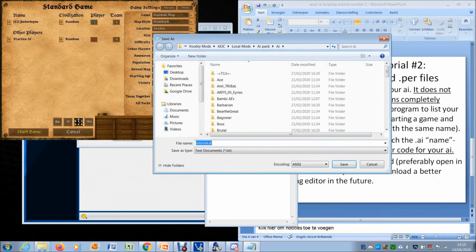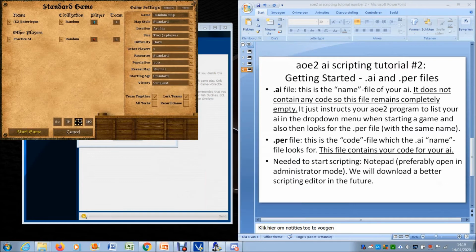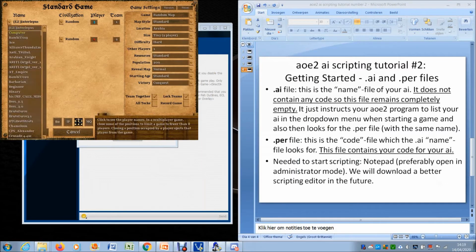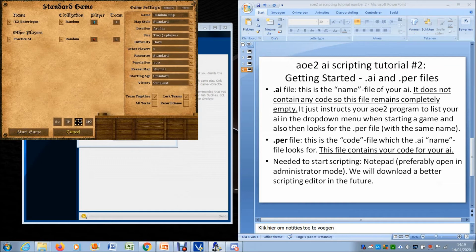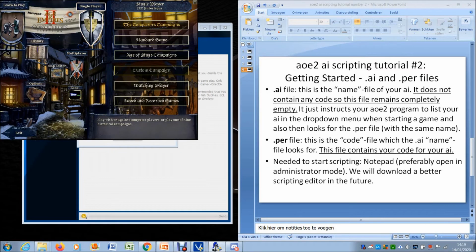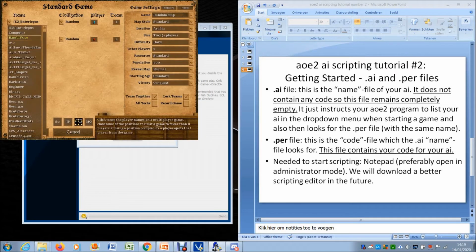Then I do the same, save as, make sure it's clicked on all files, and make a .per file, save. Okay. And close Notepad. We look for tutorial AI, see it's not in it, that's normal because first I have to re-go to this menu. If we then click again on standard game,